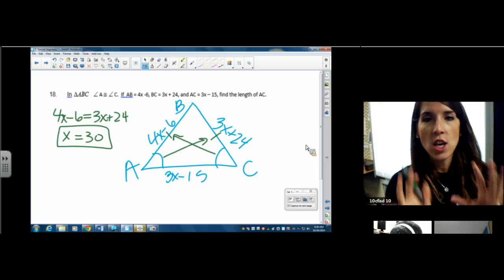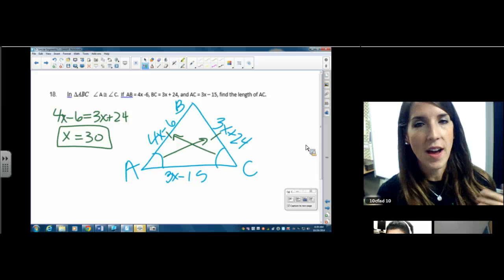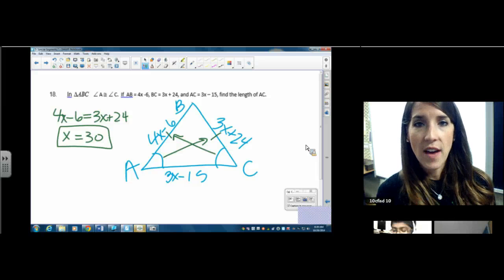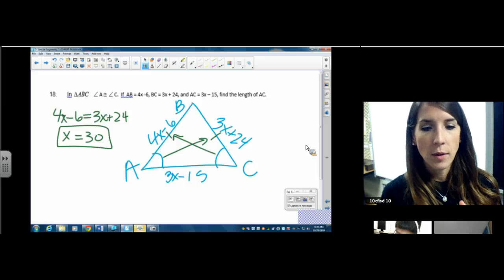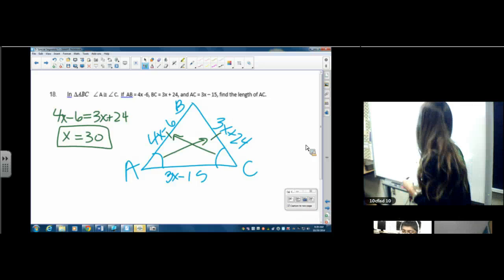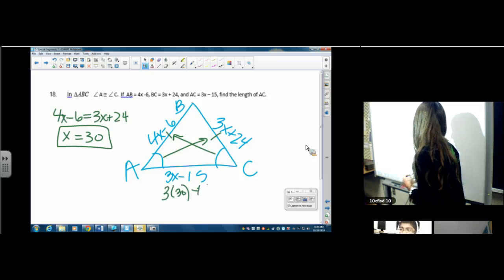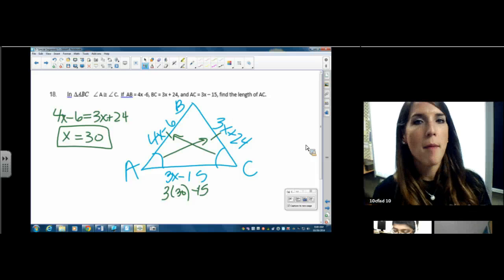So we did not use the 3x minus 15 yet. We ignored it. The base cannot help us find the legs. So now that we found x, all we do is plug it in, 3 times 30 minus 15, and boom, we have the length of AC. So instead of x here, you're going to put 30. Oops. And now that problem's over. So the key to that problem was not trying